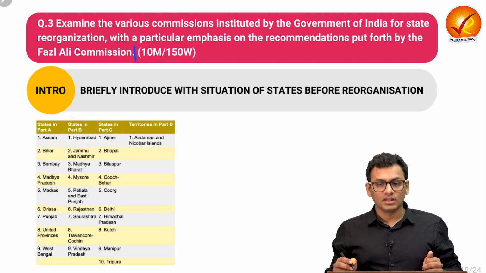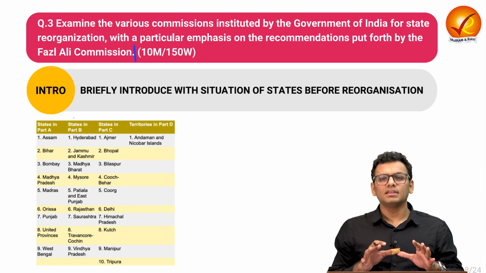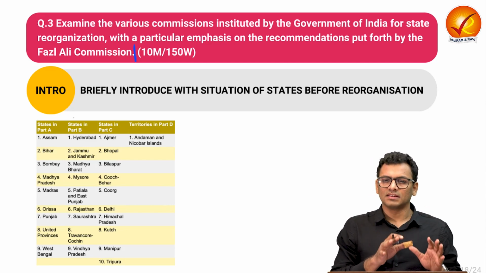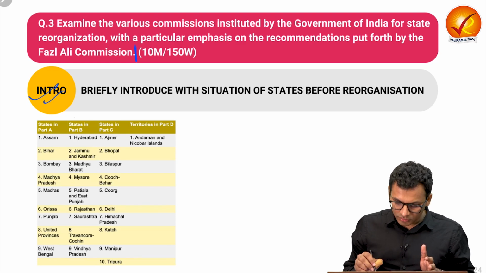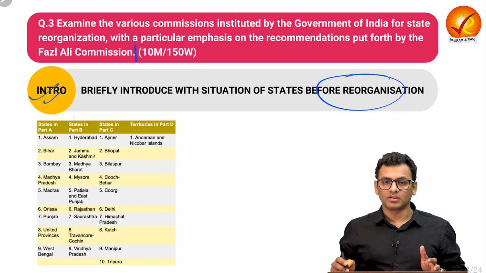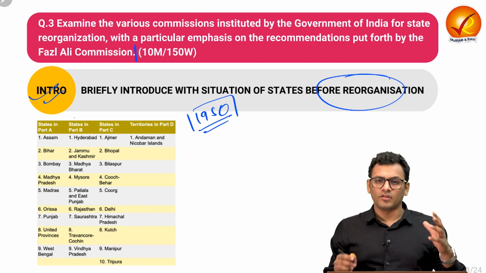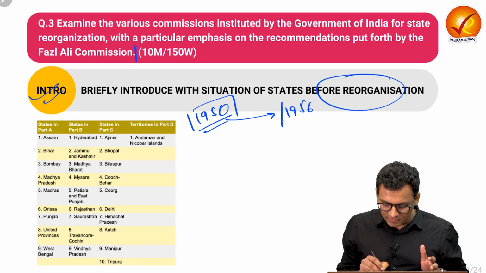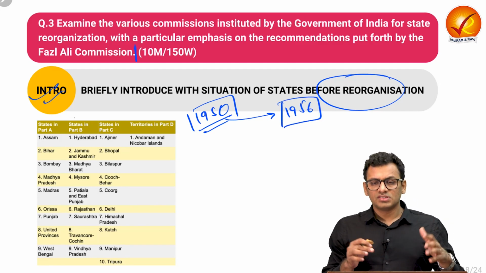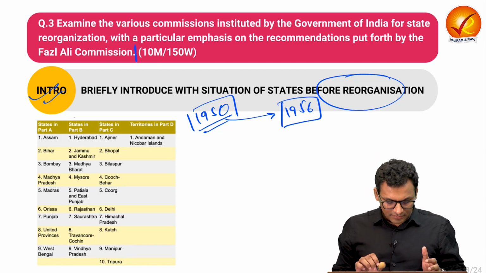So we have understood that the reorganization and consolidation of the Indian polity has been pretty much dynamic since independence. So you can start with the introduction. You can talk about what the scenario was before the reorganization. Because on the timeline, if you see, we have 1950, where this kind of setup was made explicit through the Constitution. Then in 1956, we witnessed a major change with respect to the states and their nomenclature and everything.